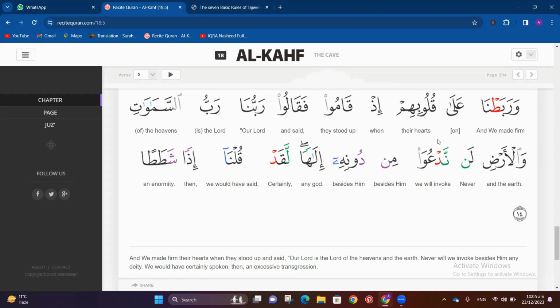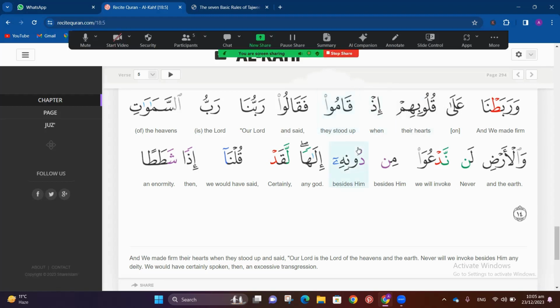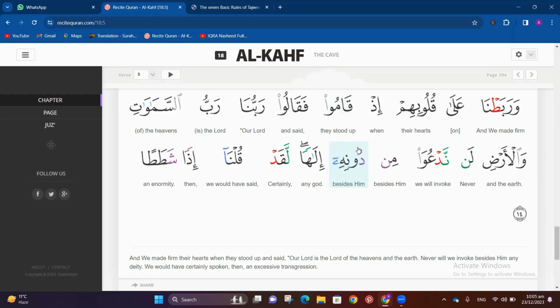على قلوبهم إذ قاموا. Okay, so then there is ha, him. قلوبهم إذ قاموا. So that is what I was talking about here. This letter qaf has fatha on it, the above slanting line symbol. So we are not going to make our lips round, okay? Qa. Rather, we are going to say it by raising the back part of our tongue as much as we can, okay? Qaf. And we are going to touch the soft palate.